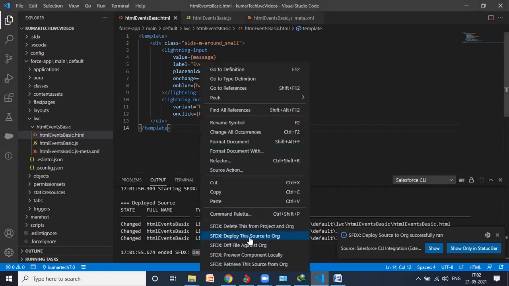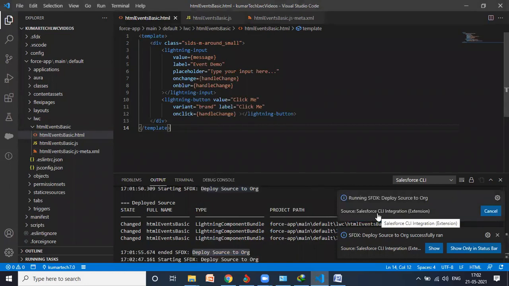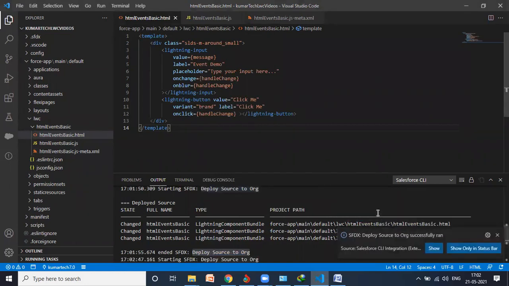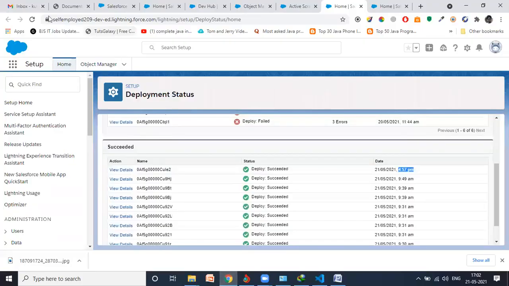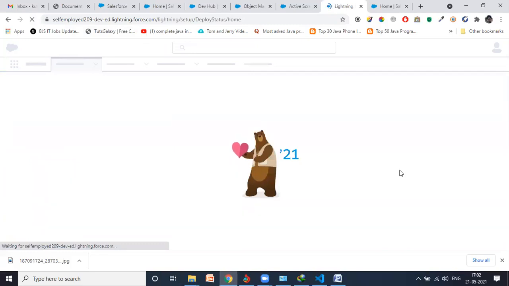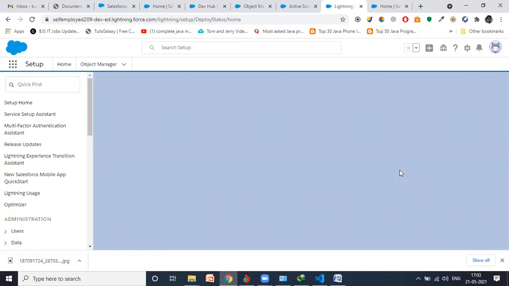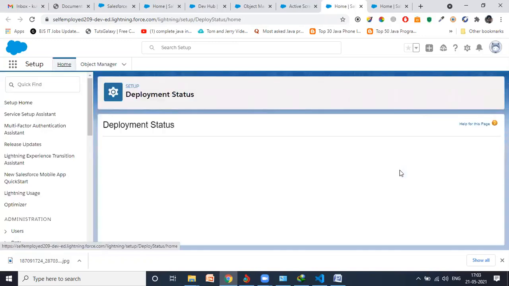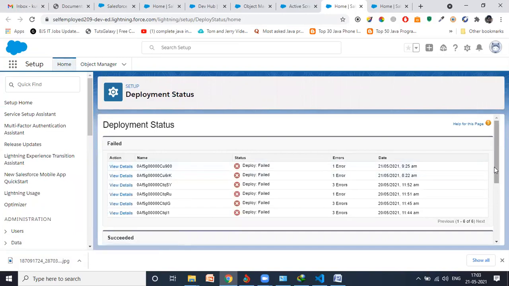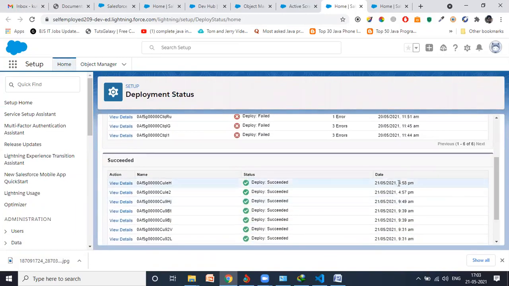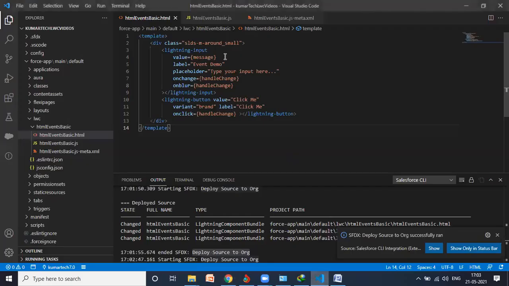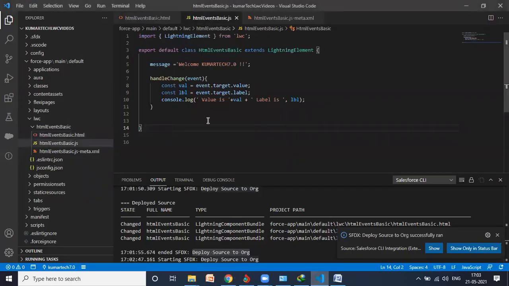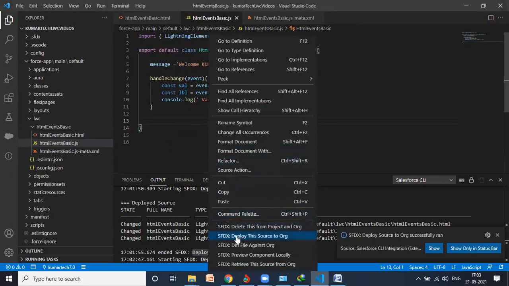Deploy this to Source Org. Done. Again, go here, refresh it. Right now it's 4:57 p.m., that was the last, right? 4:58. Just now I did.